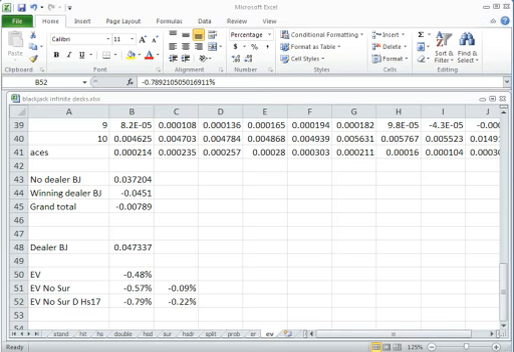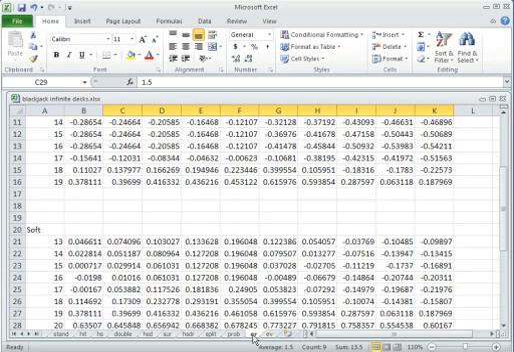More and more games these days are paying 6 to 5 on blackjack instead of 3 to 2. In other words, on a $10 bet, when you get blackjack, instead of winning $15, you only win $12. Let's see how the game is affected by it if we change the blackjack payout. Where is that done? Oh, here we go. ER, expected return. If we click that tab,